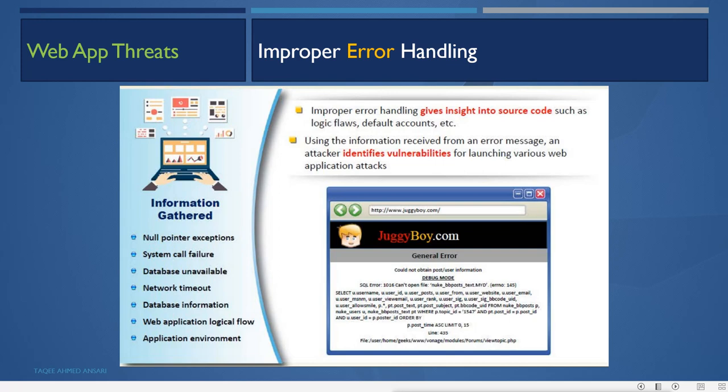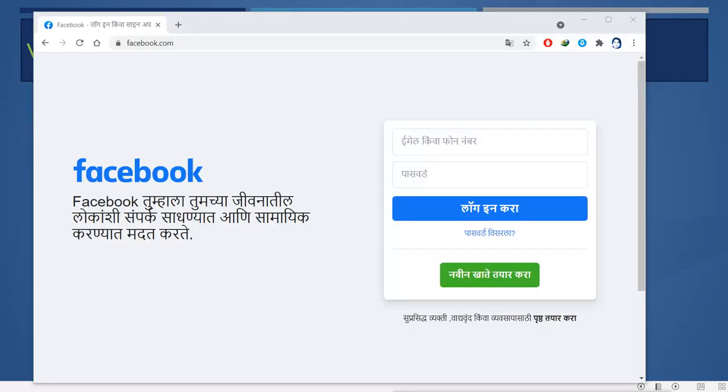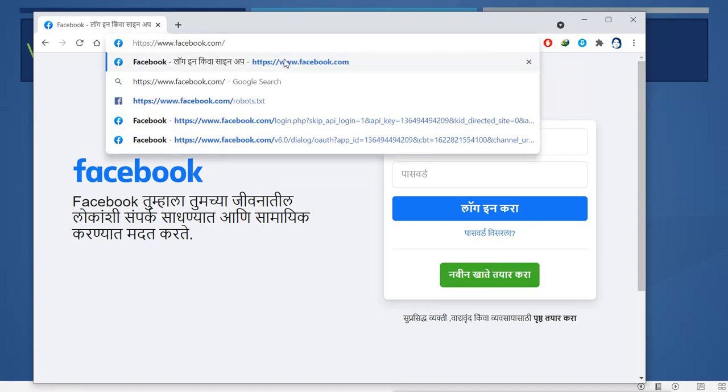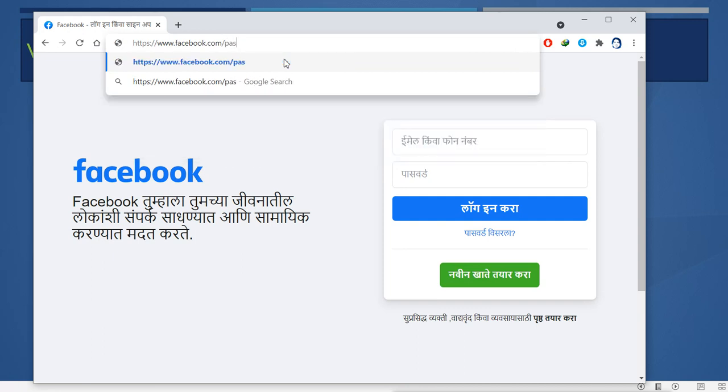Suppose you try to access some site and put some name there. For example, I will show you one. Suppose this is a genuine site, facebook.com. I went to this, and now I put a slash and try to get a directory. I'm putting the name of a directory here: password.